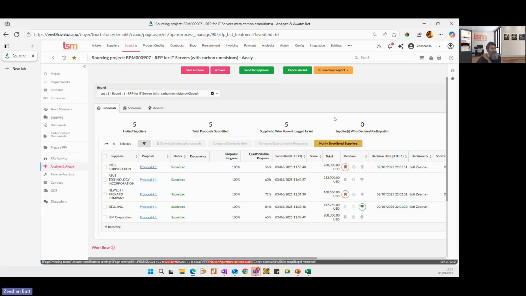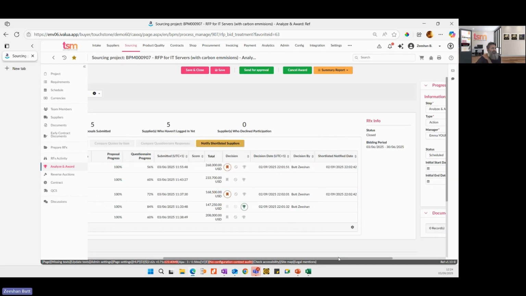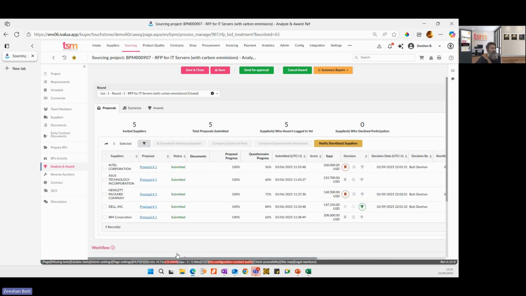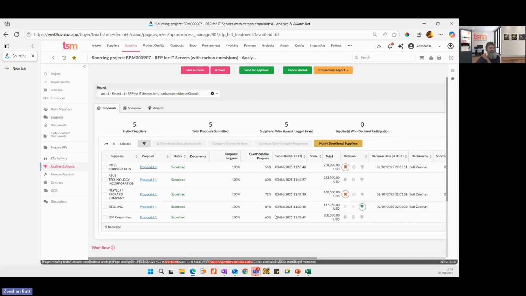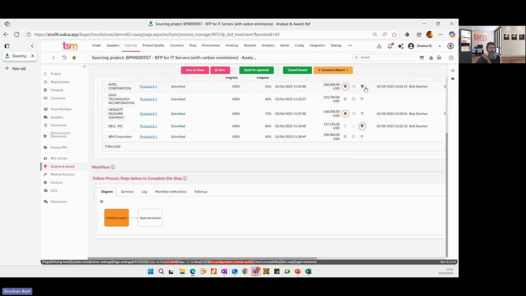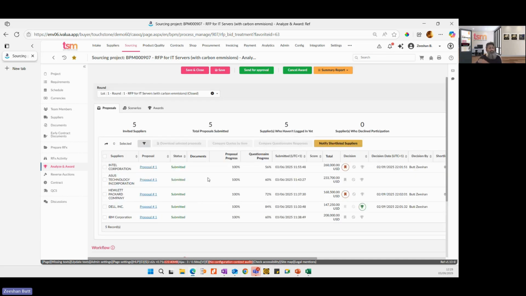that is generally at the award side of things, okay, where you might shortlist certain suppliers and you might award somebody. Once you've done that, you can send it off to a workflow. The workflow could be that the first stage is somebody needs to review, and then it goes to somebody to actually award it. Once they've awarded this, they can approve that award as well. So it's very useful to have it on the award stage as well, so that you have that approval mechanism